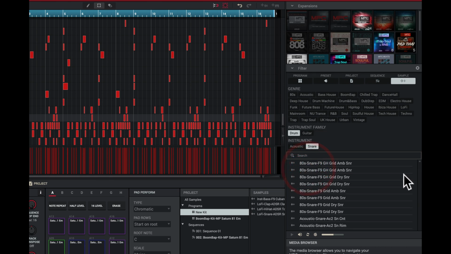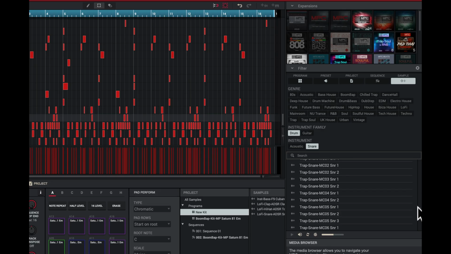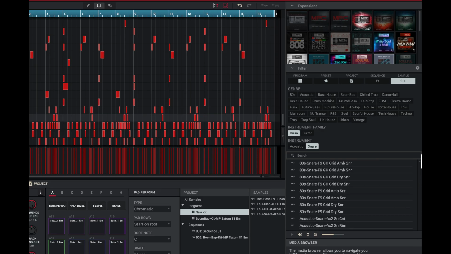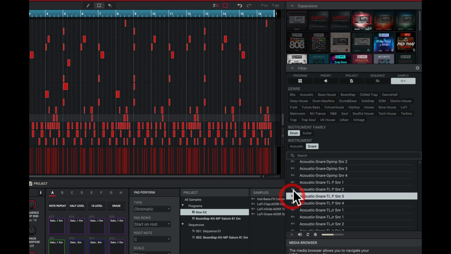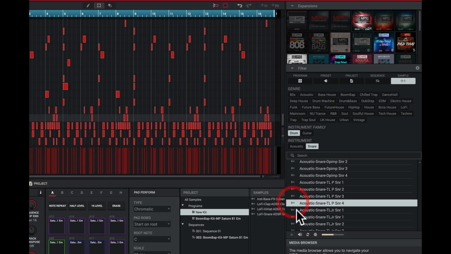Let's go to snare right here. And so how many snares we got in there? This is going to be ridiculous. A nice, huge amount of snares. That's the beauty of having the expansion packs. So I can go back, look through an expansion pack, load up a sound, or hear a sound back, and then scroll down, find something else. That's the beauty of having this expansion pack, and having a media browser helps you to search for whatever